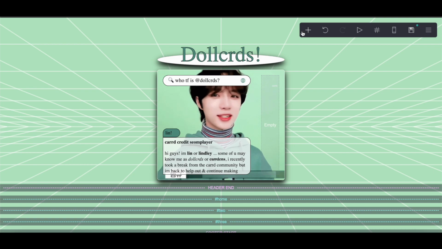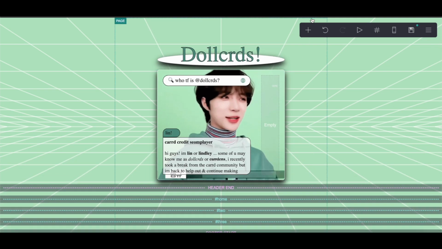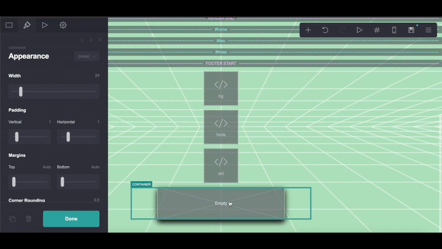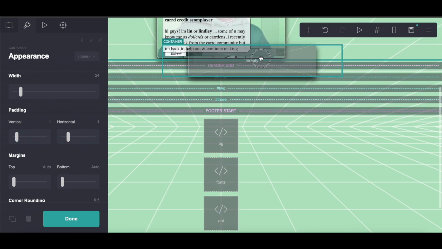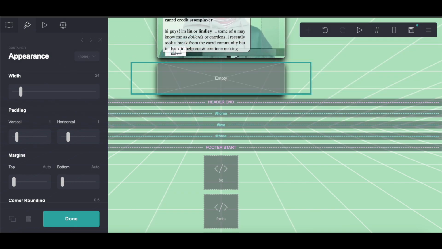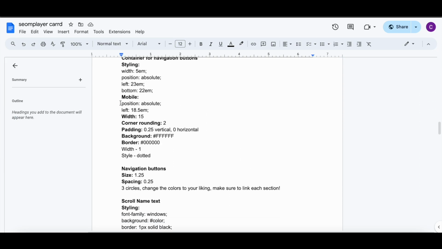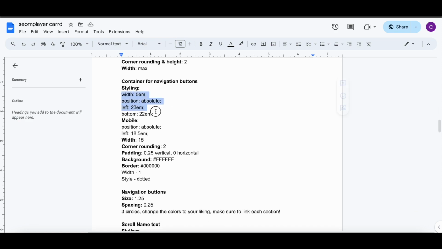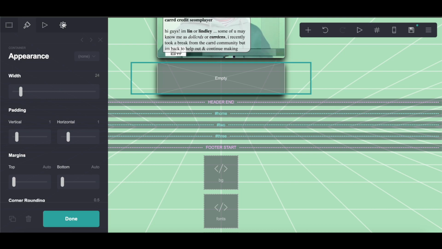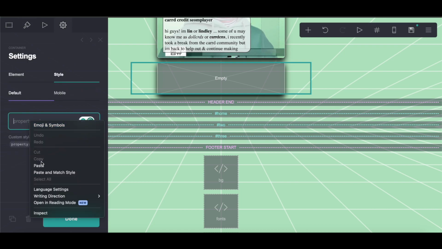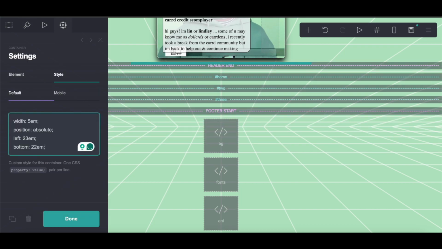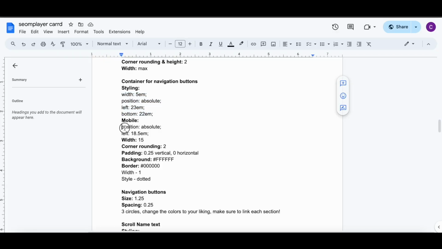All right, and next we're gonna do the navigation buttons. So we're gonna need a container for that, and make sure to place the container right under the main container, otherwise the positioning will be a little bit off. So that's up here, it's under container for navigation buttons. So this is the styling. And then on mobile,